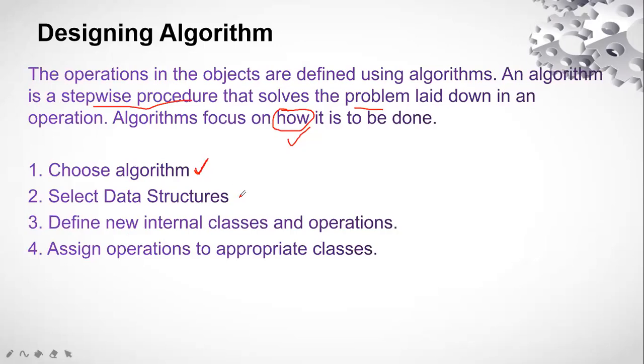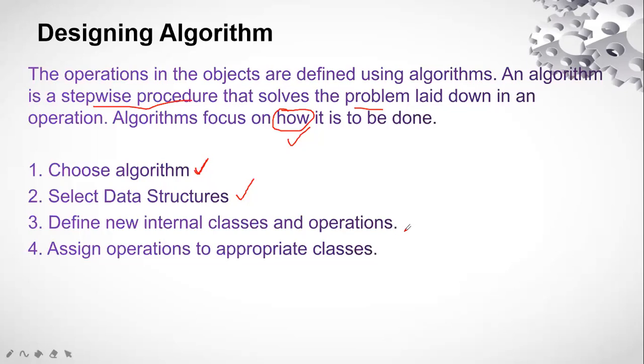Second one is we are going to select the data structure. We all know what a data structure is. See, when we work in the analysis phase, we just identify the type of data we are going to use. We are going to work on the logical structure, right? But when we come to the design phase, we need to select the data structure. Data structure can be of any type. It can be an array, a list, a linked list, it can be a queue, stacks, sets, etc. So we need to select from those.